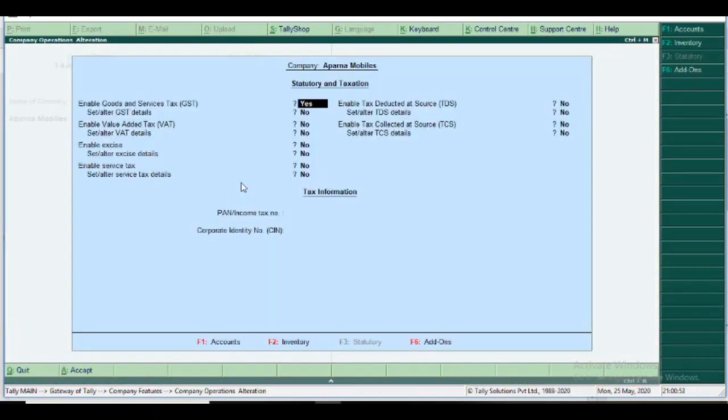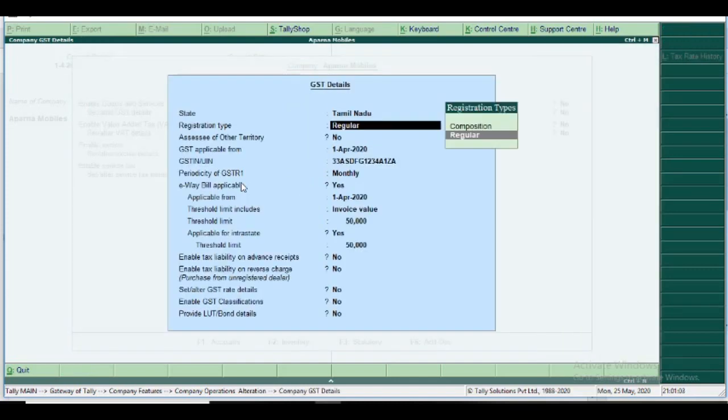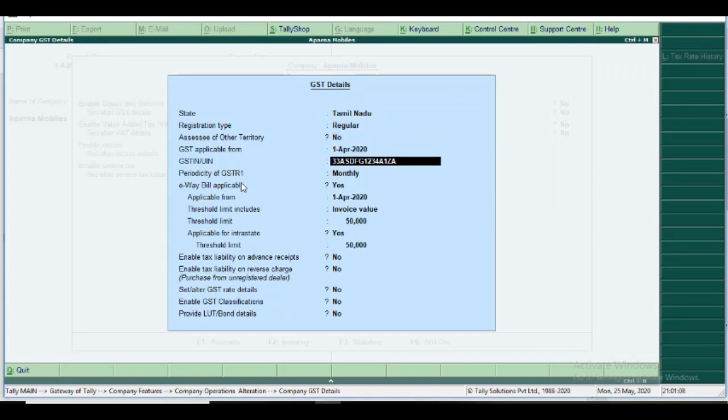Enter. You select enable goods and services tax, yes. Then set or alter GST details, check the state Tamil Nadu, registration type as regular, and type the GSTIN number. Finally, you go to set or alter GST details, yes.